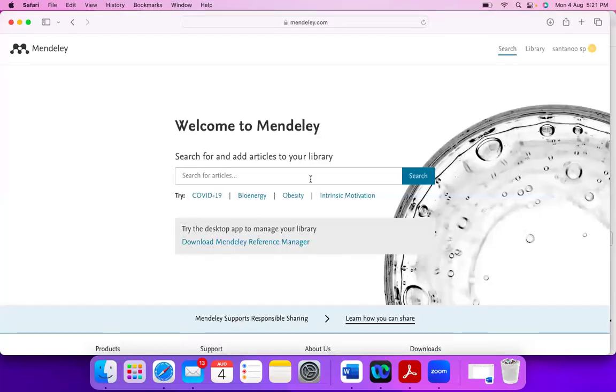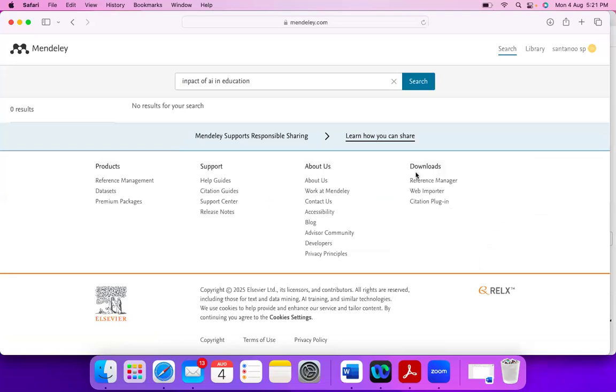Okay, so for example, if I want to, it has its own. मैं आपको थोड़ा सा बता देता हूँ. Let's say impact of AI in education, for example. So इस type का cases में you will have, okay, let's say